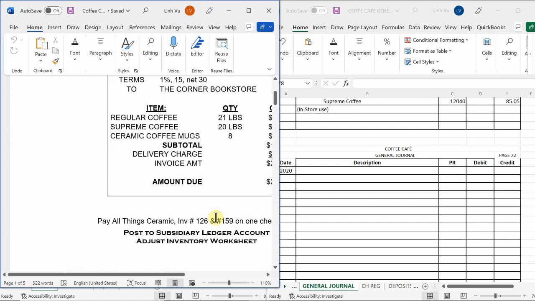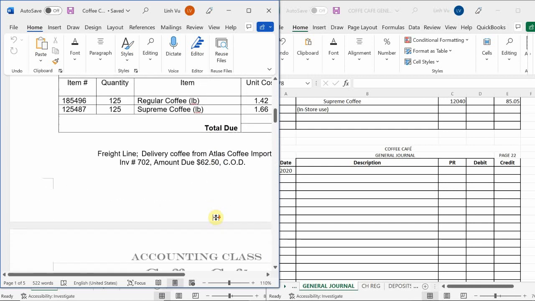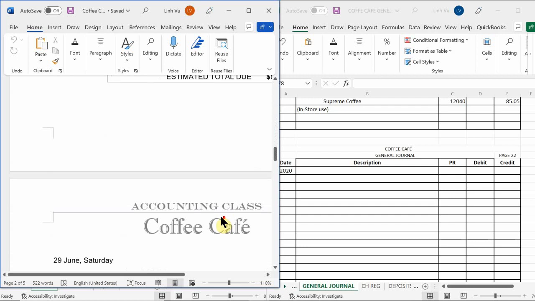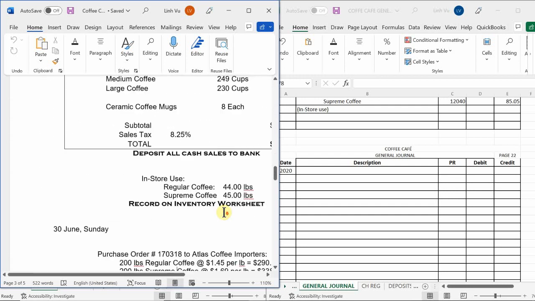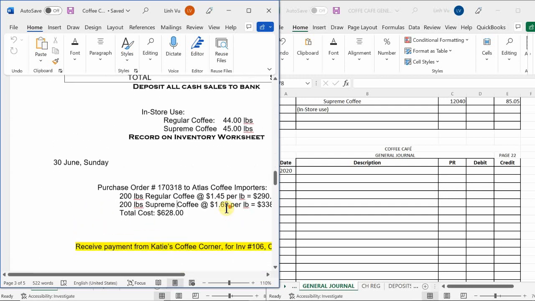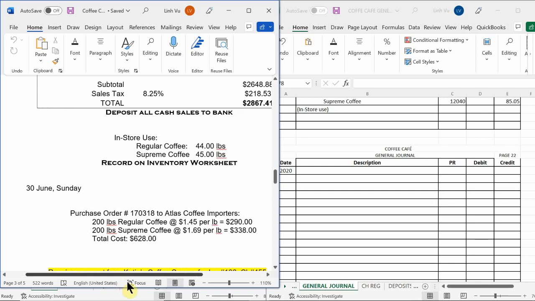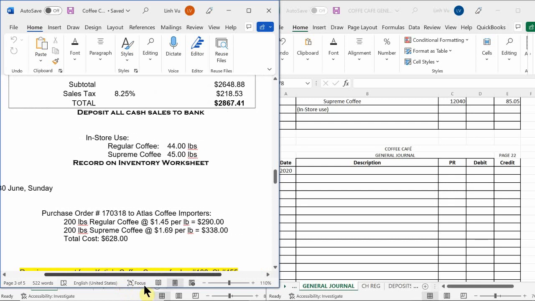Okay, but for now, let's go ahead and go through and finish up the last transactions that we have for the very, very last day of the month of June. And we're going to start closing our accounting period then. All right. So first things first here is we have a purchase order number